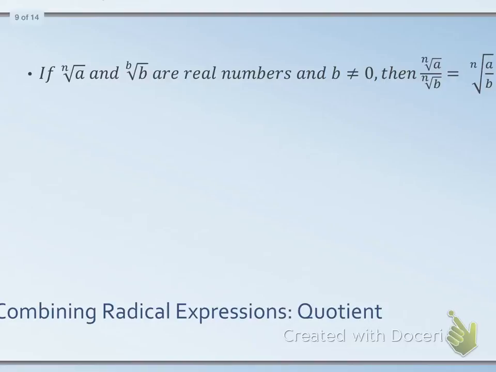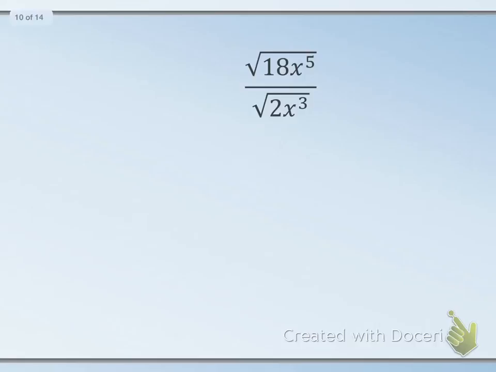Okay, if these are real numbers and we're dividing, basically what we can do is make a big division sign and divide A and B, or we could go the opposite direction: if I have a big division sign, break it so that it's just on the top and the bottom. But again, the ends have to be the exact same on top and bottom for us to be able to do it. So my first step whenever doing these things is to ask myself,